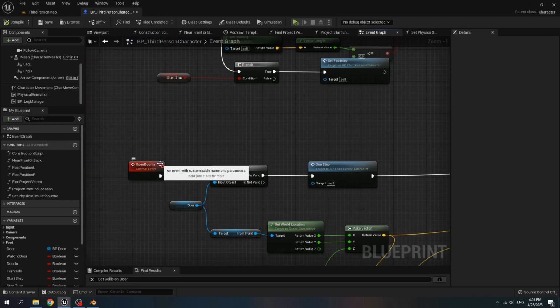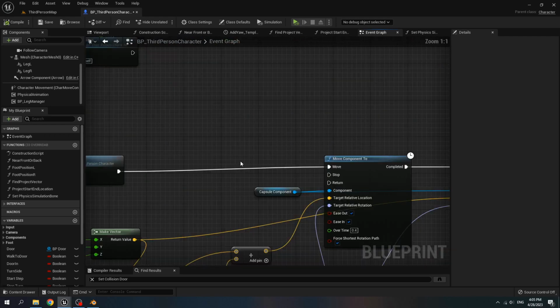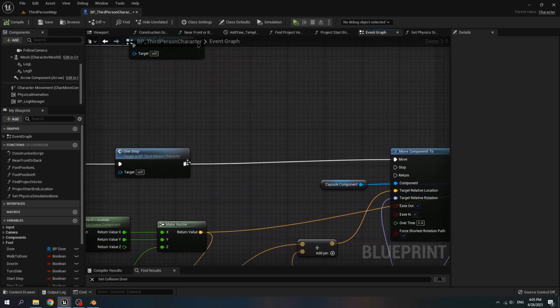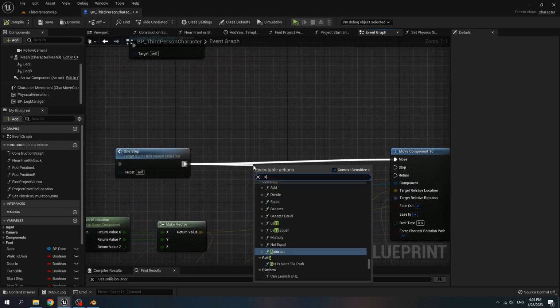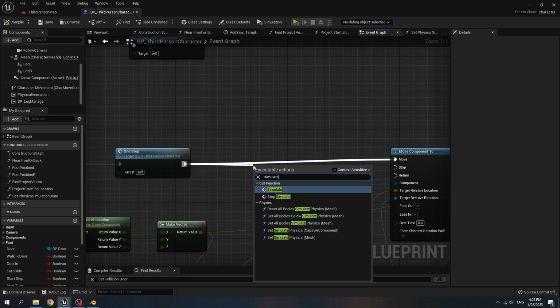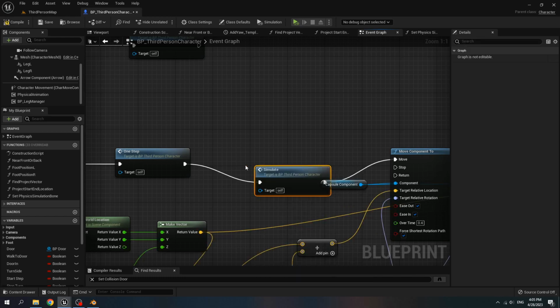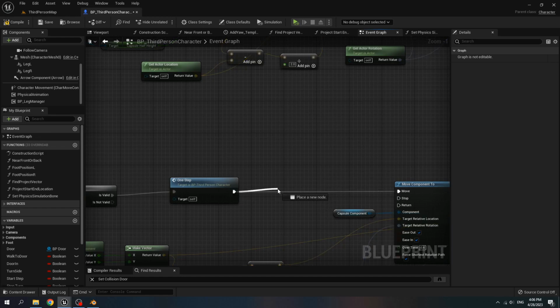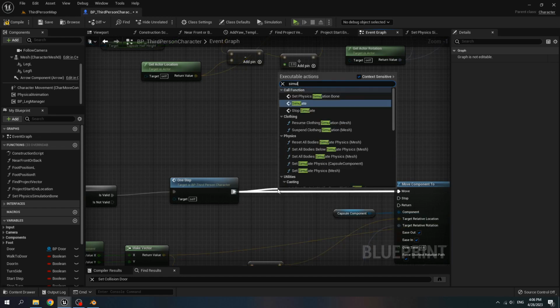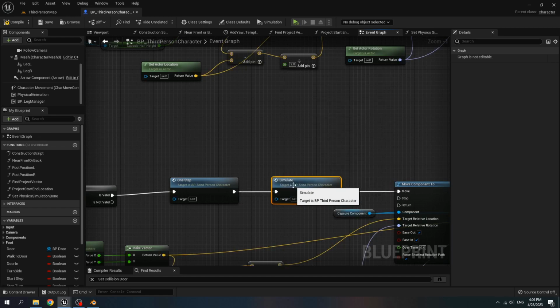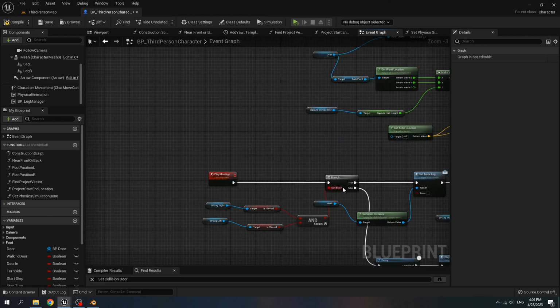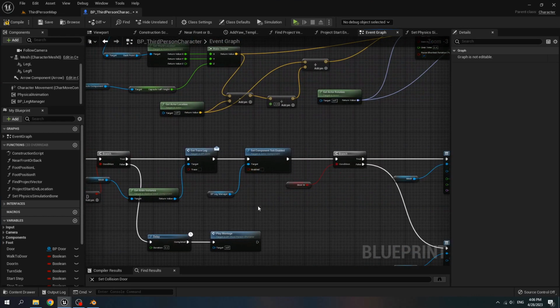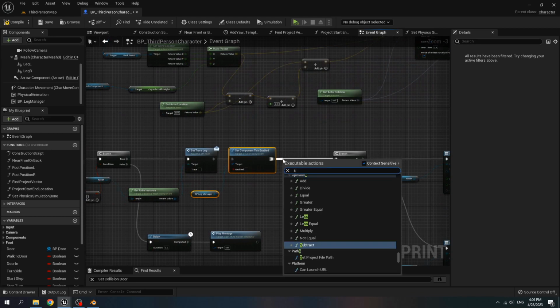And go to open door in event. Before we move component 2, we simulate the bone, and open door out for simulate, and go to play montage, and we stop the simulate before we play the animation montage.